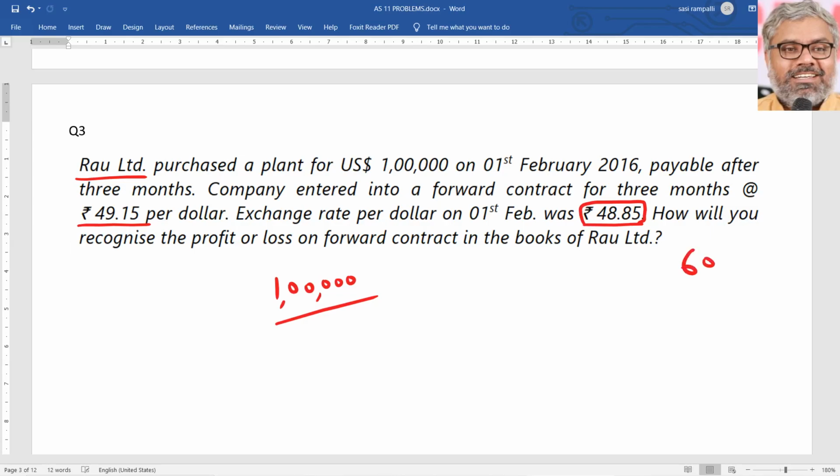What if it becomes 60 rupees? It's a huge loss. Almost 11.15 lakh rupees loss will be there. So there is no limit for that loss. The market can go anywhere. So the problem is, if we leave it like that, the possible exchange rate losses could be too heavy. Conservatively, we have to think about losses.